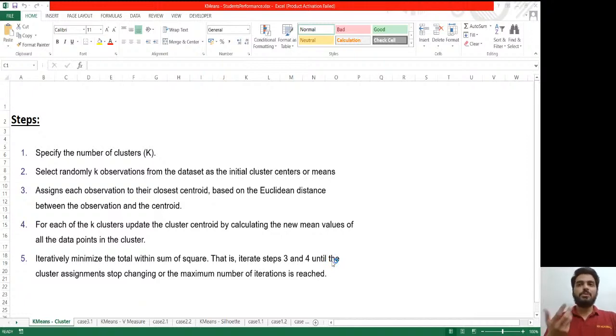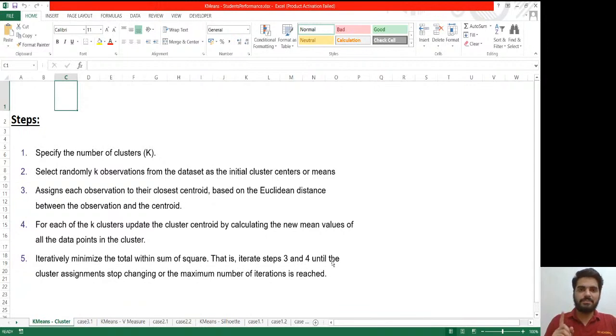So guys, I'm showing you the mathematics of how the cluster works, how it is able to define which cluster to pick up. In this case, these are the steps for k-means. Specify the number of clusters. This is what you have to specify, whether 2 clusters, 3 clusters or 4 clusters.